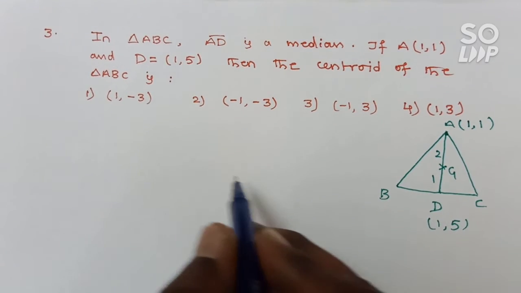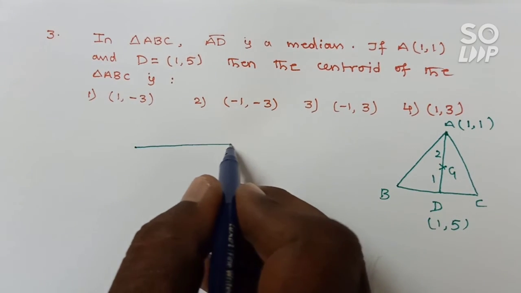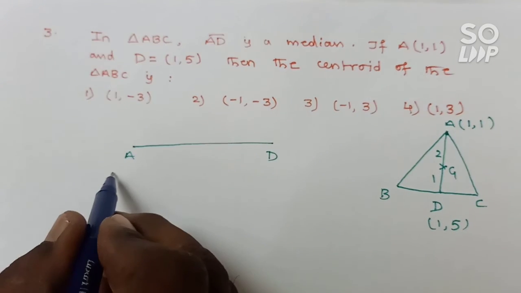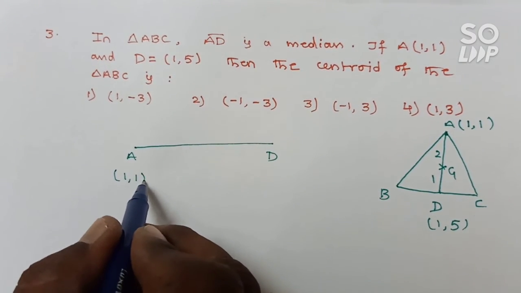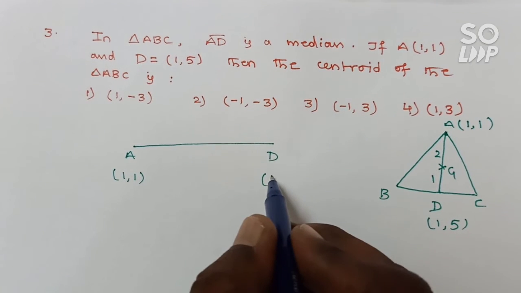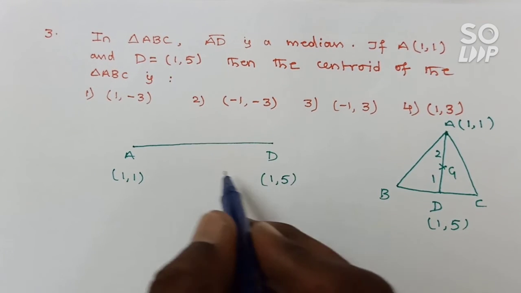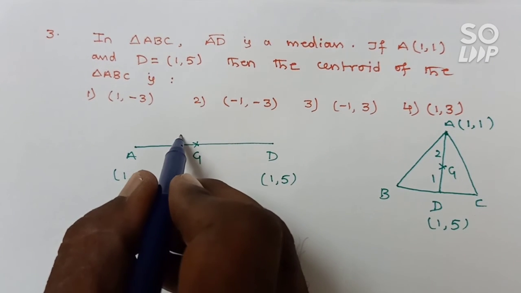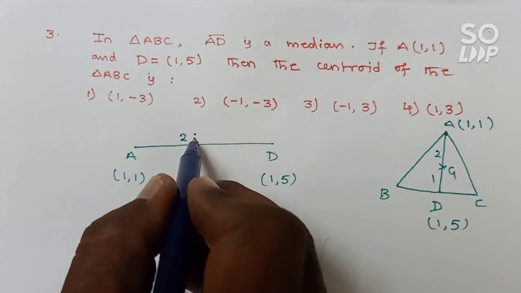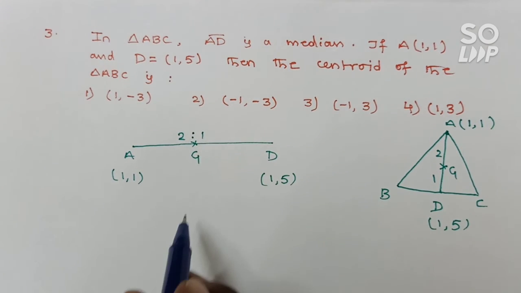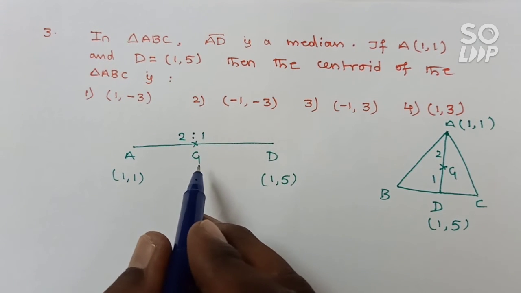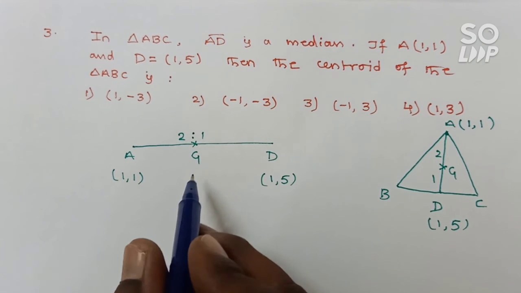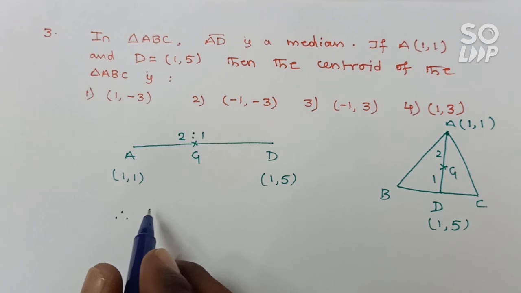Now for our convenience, draw another line. This one is A and this one is D. A is (1, 1) and D is (1, 5). Here the centroid is denoted by G. It divides this median in the ratio 2:1. Is it internal or external? Clearly this is internal to the line segment AD. So the centroid G is equal to